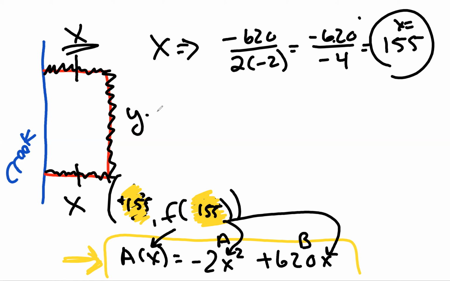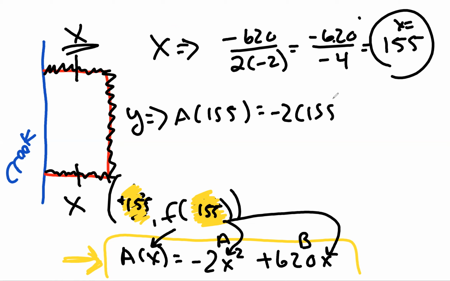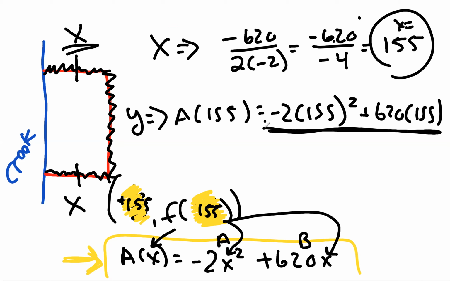So in order for me to solve my y value, I'm going to have a of 155 equals negative 2 times 155 squared plus 620 times 155. And then again, I'm going to type this entire thing into my calculator all at once. And when I do that, I'm going to get a of 155 equals